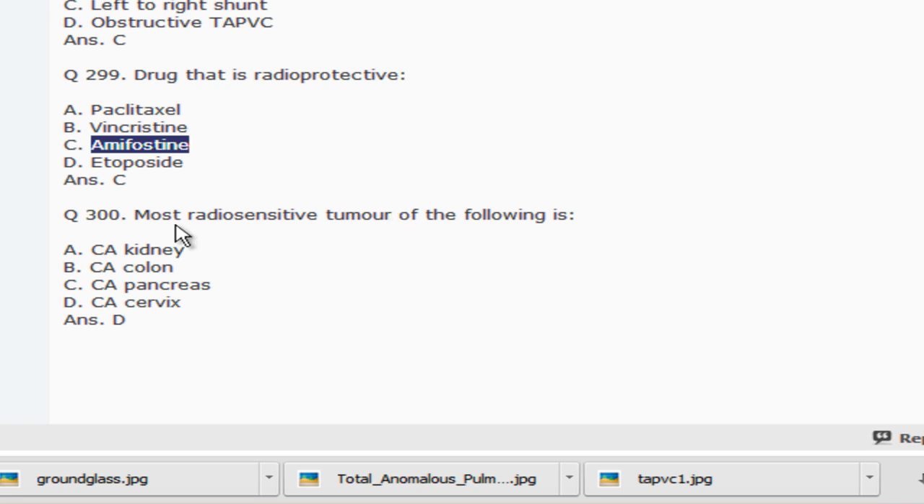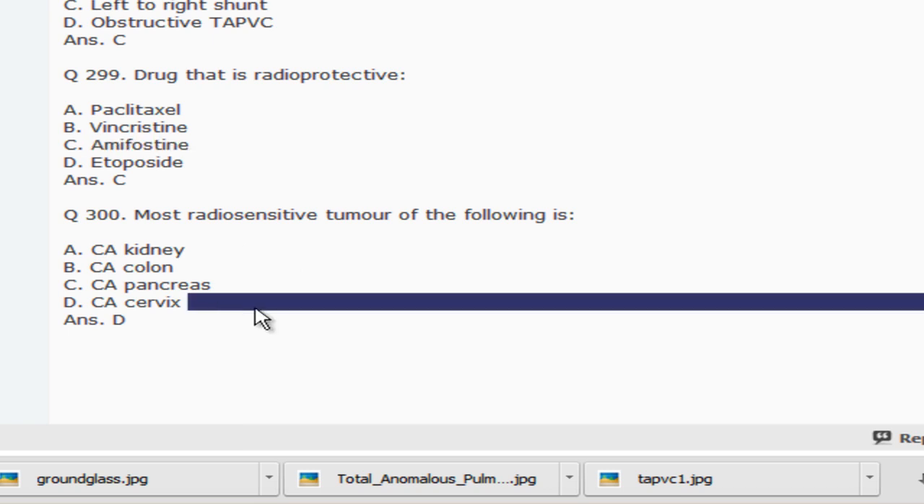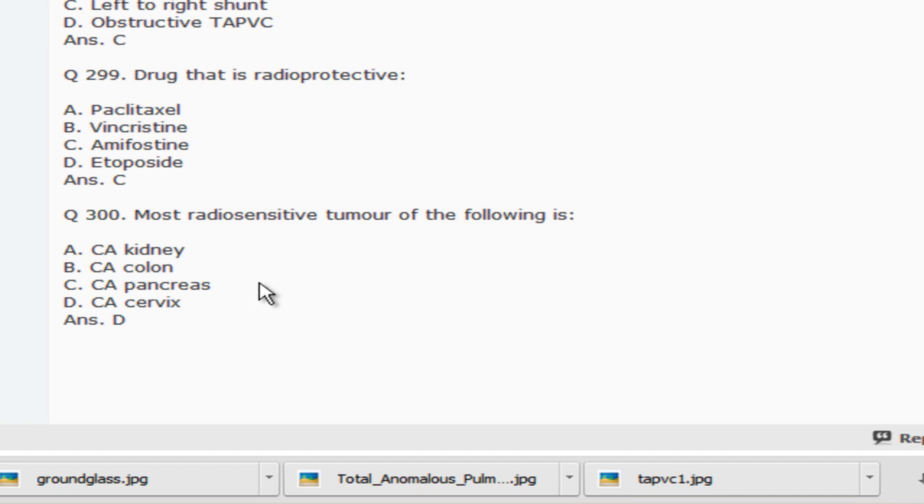Moving on to the next question. Most radiosensitive tumor of the following: carcinoma kidney, carcinoma colon, carcinoma pancreas, and carcinoma cervix. Among the options given, carcinoma cervix is the best answer. This too you can find on that previous page in that book, Radiosensitivity of Tumors, but I would suggest you learn the bigger table in Harrison, which gives you highly radiosensitive tumors, moderately radiosensitive tumors, relatively resistant tumors, and highly resistant tumors. And the most usually asked questions are